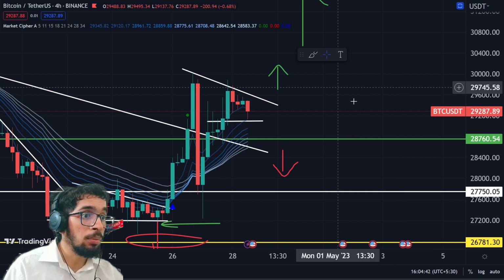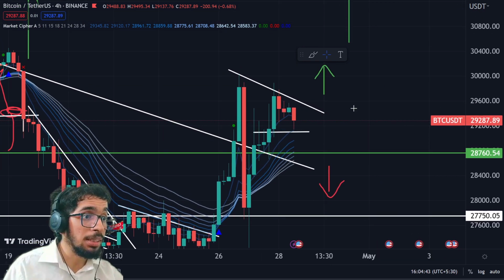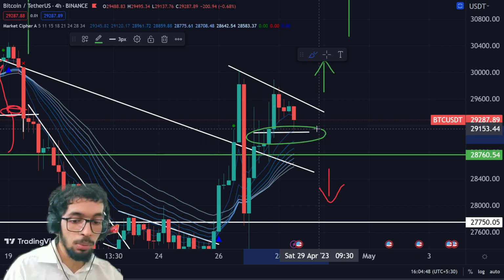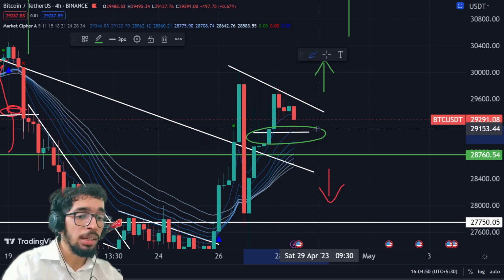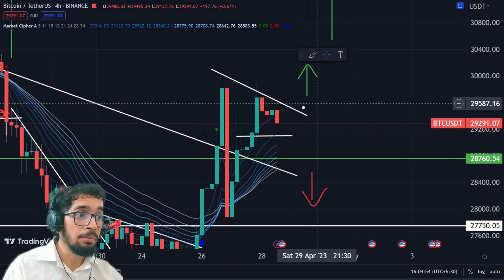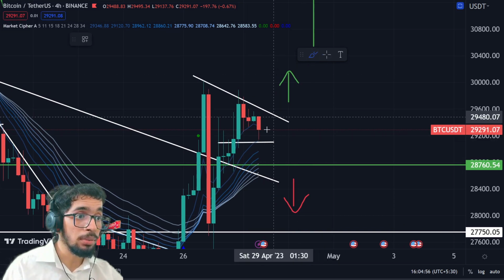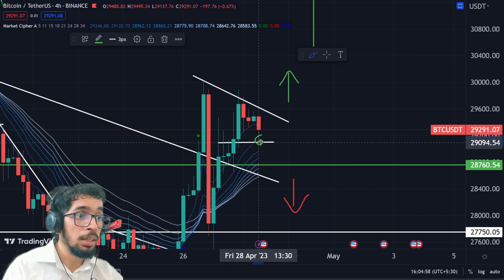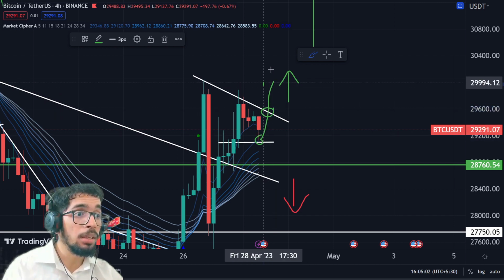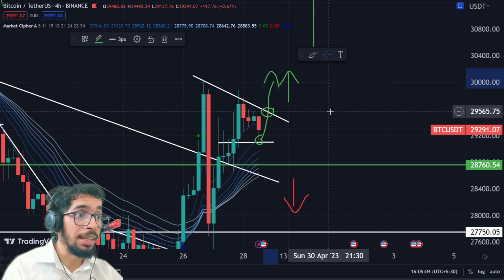Right now, BTC needs to bounce on this key support. Once it bounces on this key support, then only you can say that it's more probably going to go up. But if it doesn't bounce right now, it needs to bounce here, then from here it's going to break this key resistance, and then from here it's going to go up. And that's the bullish part.